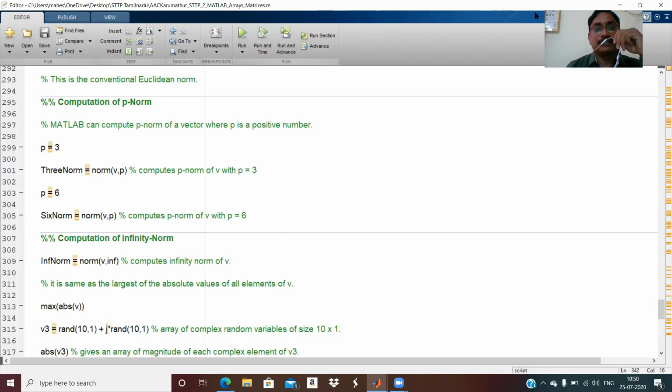So for this class, we will stop here, and we will discuss the most important part in research, which is the plotting of graphs. We have to plot two-dimensional or three-dimensional plots in MATLAB. There is a lot more in MATLAB to study. One can use the help command and study. This is quite enough. Thank you.